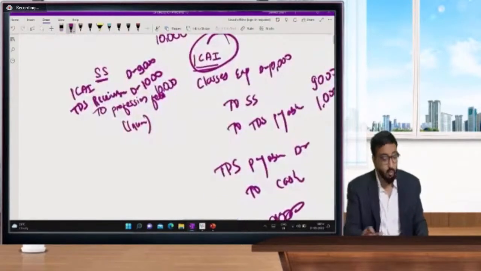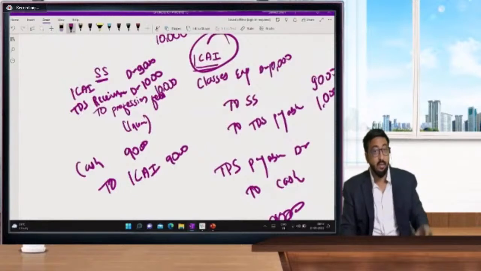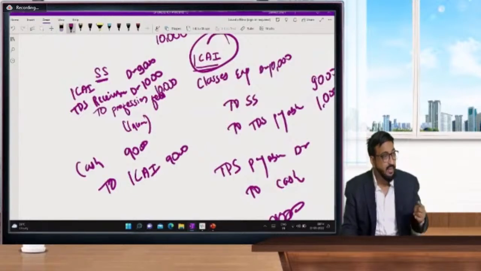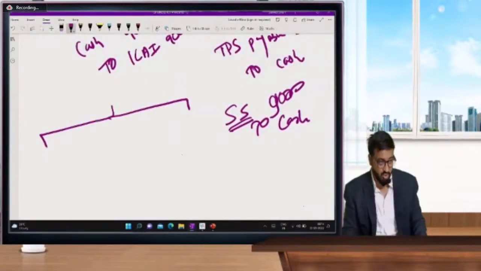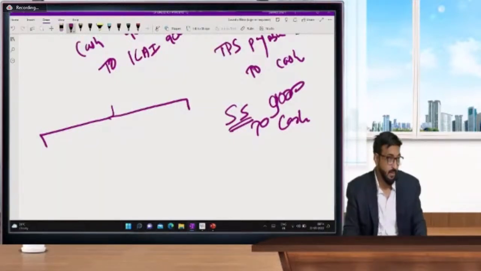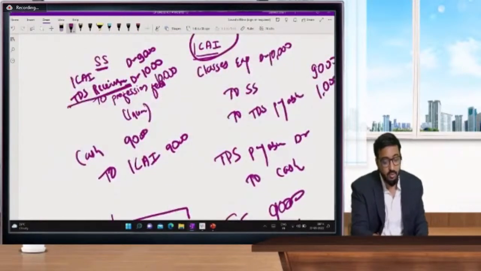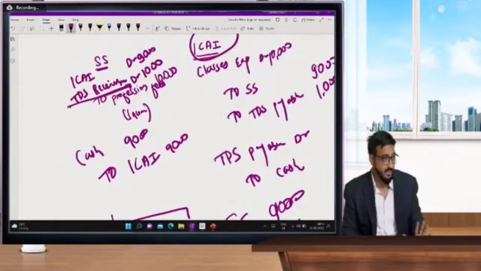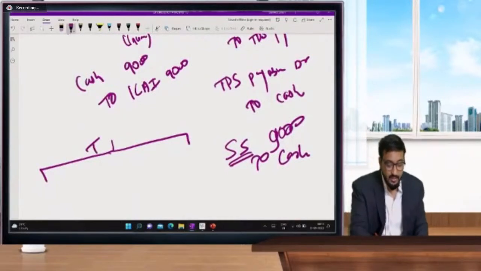Now what is my duty? How much I am receiving from ICI? 9,000. Now this TDS at the year end, if my income does not reach the basic rate also, so I will ask for refund. So TDS receivable in my books, I will show as it is, TDS receivable, and I want refund for this. So TDS receivable, either I will claim refund,